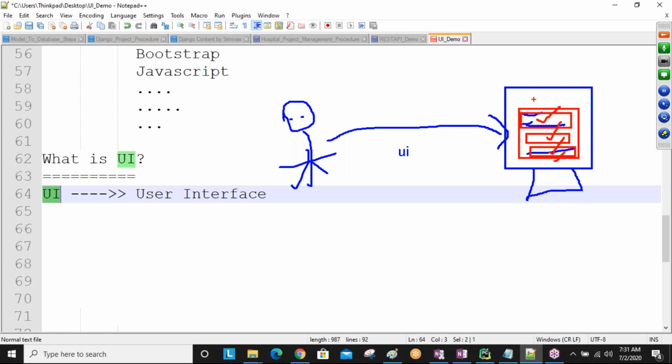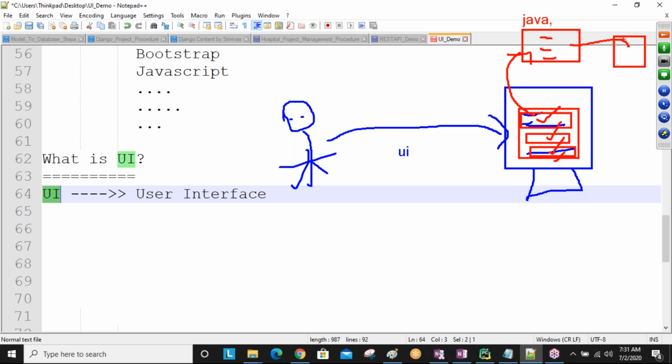Then from this computer, all this user data goes to the backend related application. For example, a Java application, or .NET, Python, anyone. The backend technology developers read all this data, and somewhere a database is there.